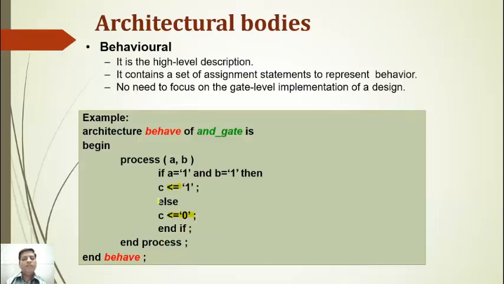And if, because here we are opening an if, first we are closing the if. Here a process is there, so that process we are closing. End process. Here architecture, so end behave, the name of that architecture. So in this way we are defining the architecture bodies in case of behavioral modeling. Everyone can get the idea of how to declare the architecture in case of behavioral modeling. So here is the example we are trying to consider, and everyone should get the idea of how to define the architecture.